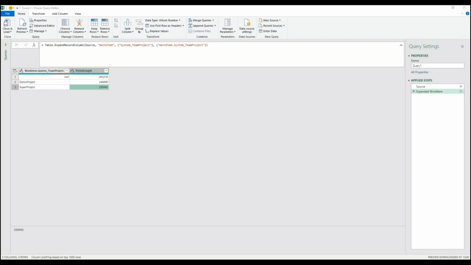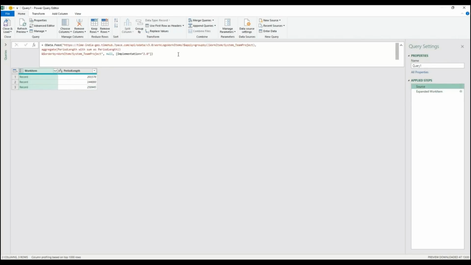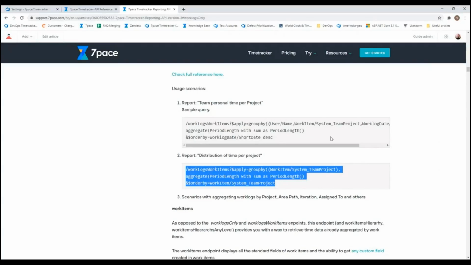Now let's say that we want to see how much time was spent on an epic during a specific time frame. First, we need to see which endpoint we would be using. So let's go back here to source. We wouldn't be using the work logs, work items endpoint because that doesn't contain the hierarchy, the epics. So we would go here,